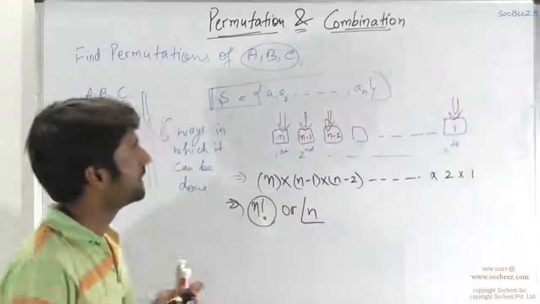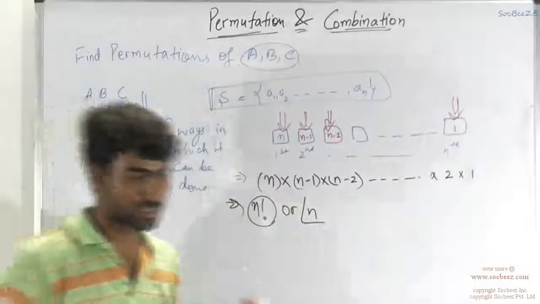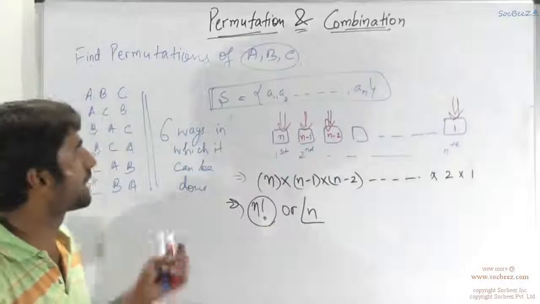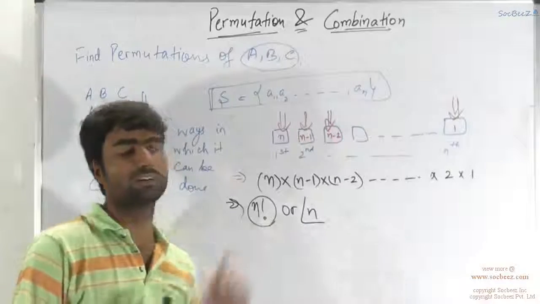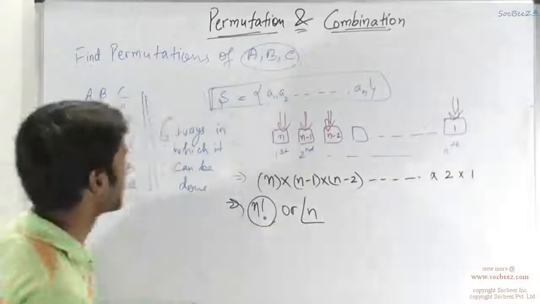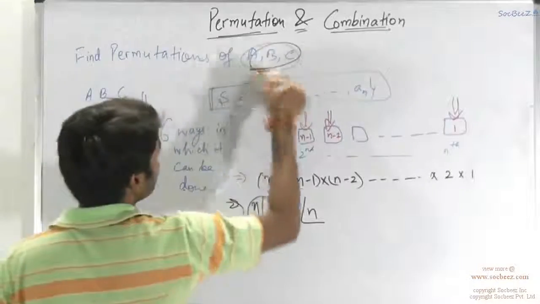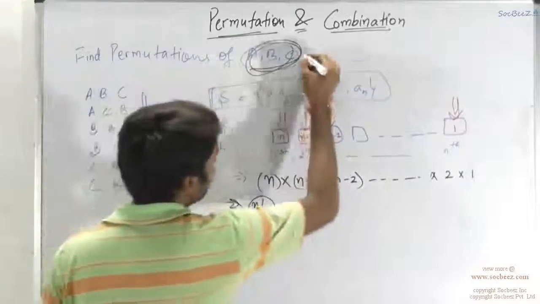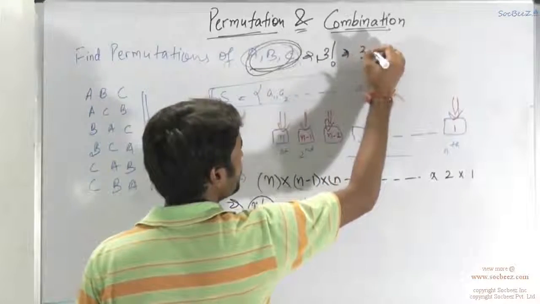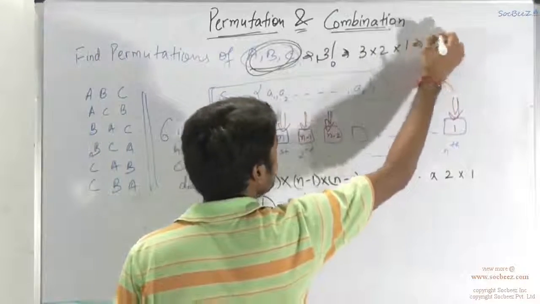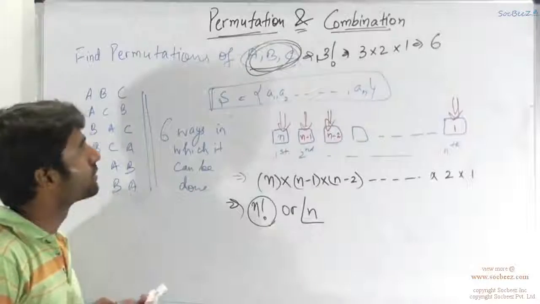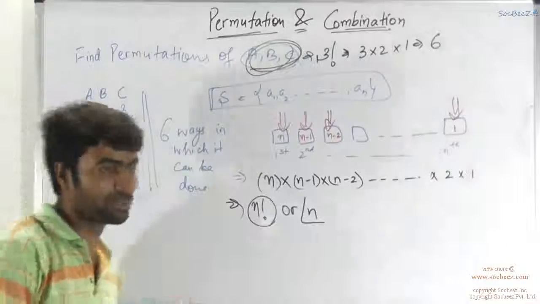So if I say there are n elements in a set, you have to find the total number of permutations. This is directly equal to n factorial. So if you had to find, say, how many ways you can arrange these three in a row, or you have to find a permutation, this is equal to 3 factorial, that is 3 into 2 into 1, that is equal to 6, what we got by enumerating these numbers. So this is basically what is meant by permutation.